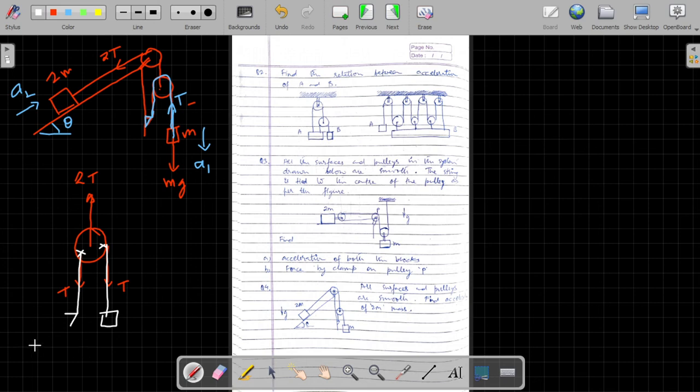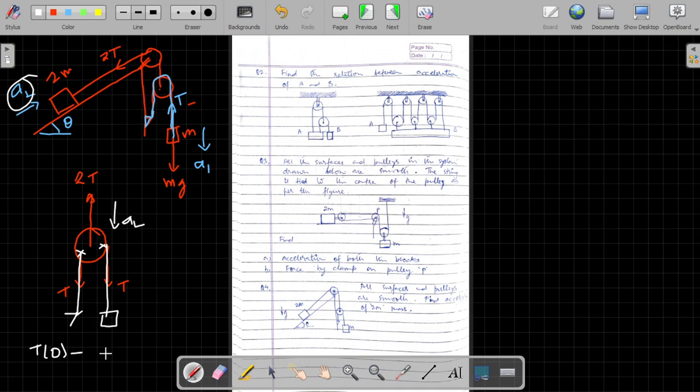Block is moving with an acceleration a1, and let's start applying tension into acceleration of this point. It is connected to ground, so it is 0. Minus tension into acceleration of this pulley. Now with what acceleration would the pulley be moving? The pulley would be moving downward with an acceleration a2, as it is connected to the string, and the string is connected to the block of mass 2m. We have already selected that the mass 2m is moving with an acceleration a2. That means the pulley would also be moving with an acceleration a2.